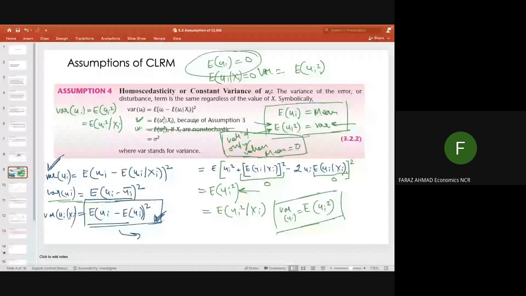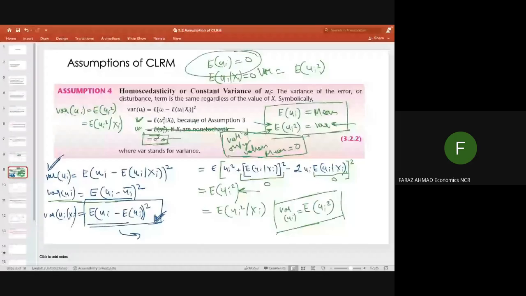if x is non-stochastic, right? So of course we are taking x to be fixed and non-stochastic, and we are taking y to be stochastic and x to be non-stochastic. So you can just leave it away because you have already assumed your x's to be fixed in assumption 2. Carrying on with the same assumption, you need not worry about this part, because we will always be assuming x to be non-stochastic, right? So